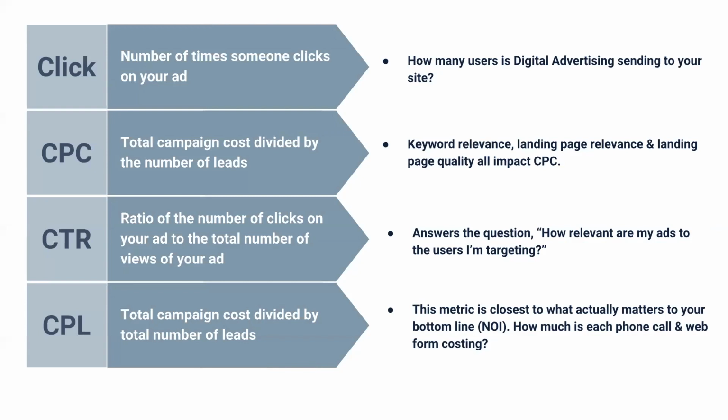Less important metrics, but still important to keep in mind: cost per click, click-through rate. I'm sure many of you have heard of these metrics. A lot of agencies love to use them. They're really a measure of traffic quality. So again, it's not measuring lead quality or the volume of leads coming through the door. It's measuring traffic quality. So if your click-through rate is really high, it's a really great sign that your ads are resonating fantastically with the people that you're targeting, right?